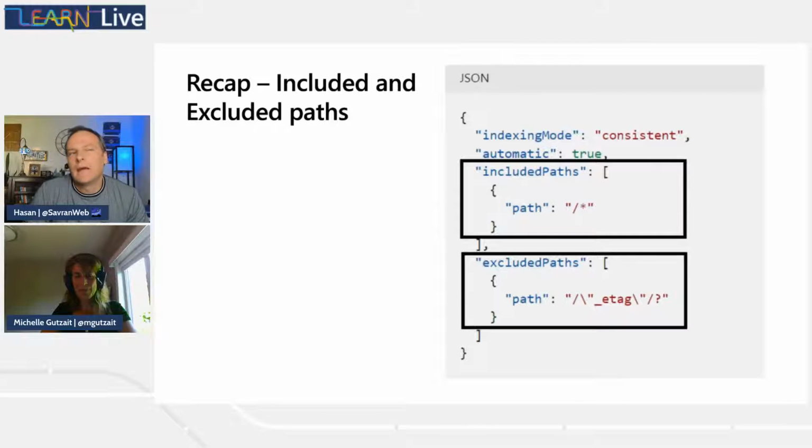So if you are indexing everything, then the index file might potentially be larger than the data file. The problem with that is, you pay for storage too. So by excluding properties, you might actually save money,